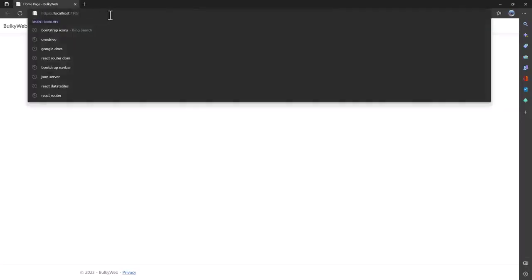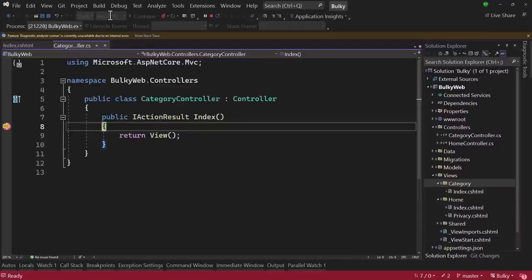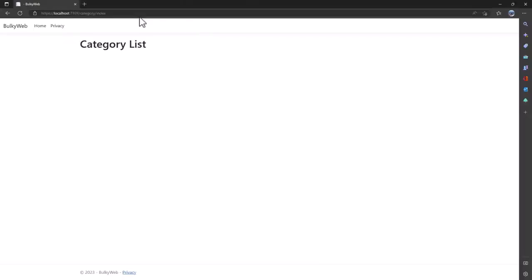Perfect. Let me navigate to category controller. We have the index action. We will press continue and perfect. It takes us back to the view and it displays the category list that we added. So great. We have added our first controller in the application and we have also added the corresponding view, and